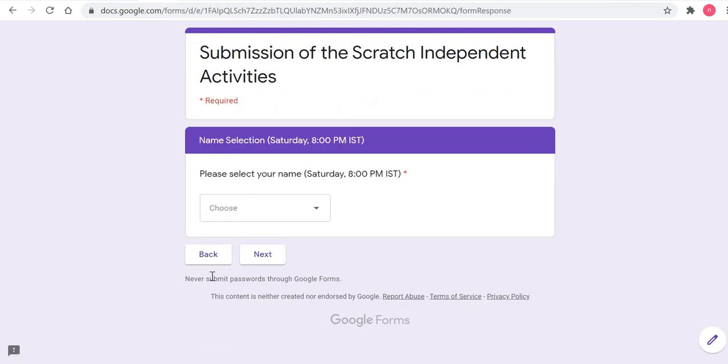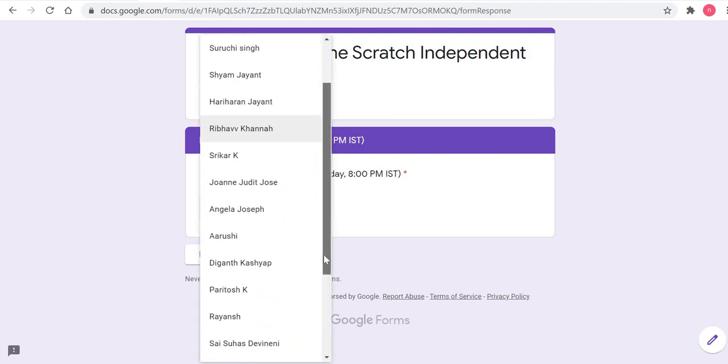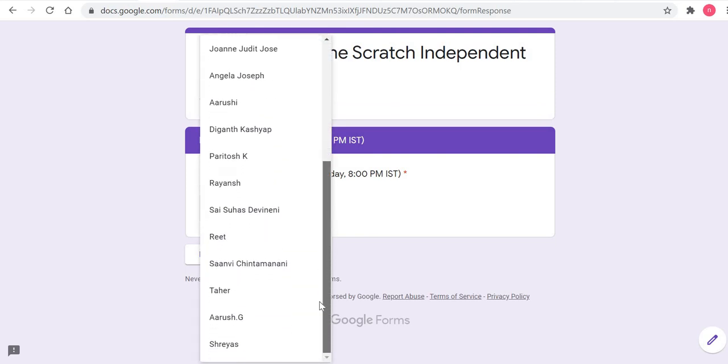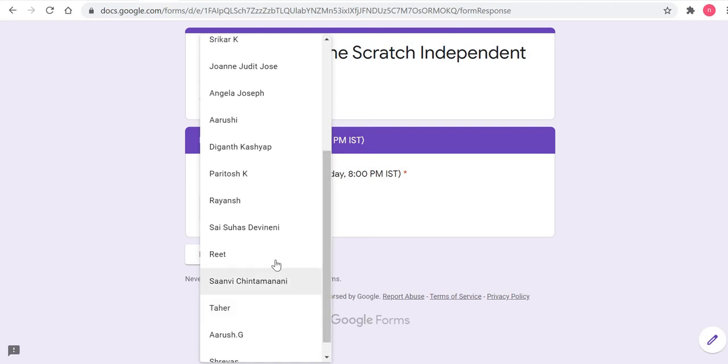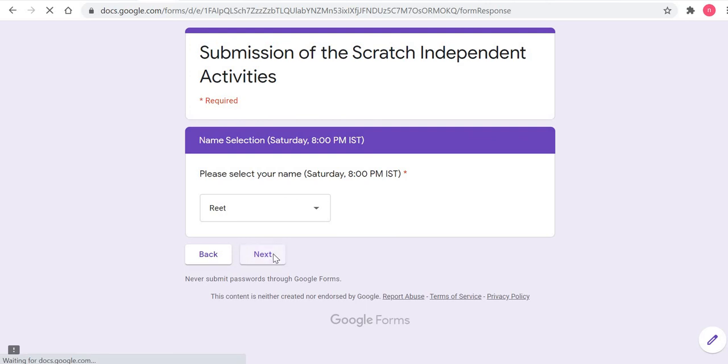Once you click next, you will see a drop down menu with your name in it. It's possible that in the beginning, your name is not added, or perhaps we have misspelled your name. If that is the case, please let us know if you are not seeing your name here, and we will address this as soon as we can. Let's say I randomly select one name, say Reet, and click next.